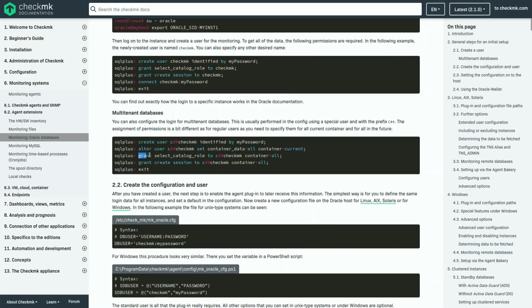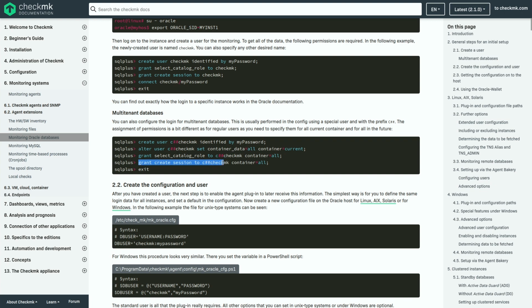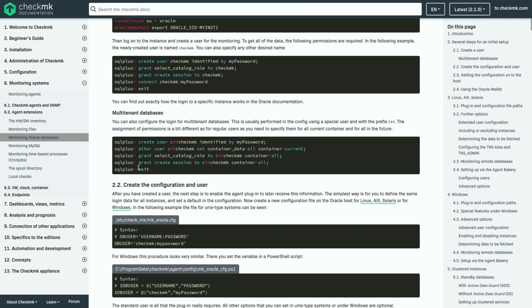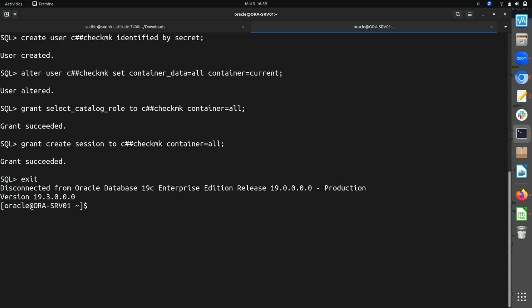And then execute some grant statements, which are going to assign a select catalog role to this user and also a create session privilege to this user. And after that, we can just do a simple exit. So we have created the user successfully.